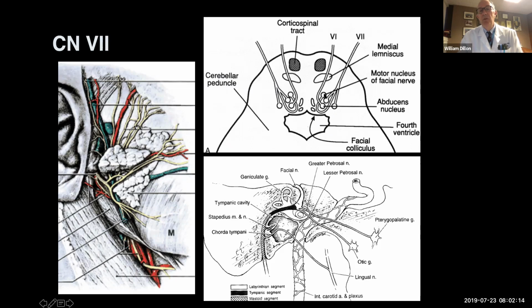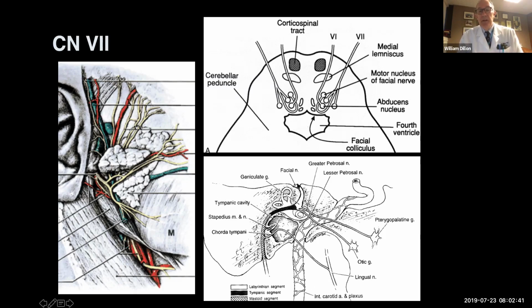Here's the motor nucleus of the facial nerve. We're looking here at a cross section. This is the fourth ventricle, and a little hump in the floor of the fourth ventricle is the facial colliculus, and it's called that because the facial nerve courses and loops around the sixth cranial nucleus and then courses out of the pontomedullary junction to course to the temporal bone,